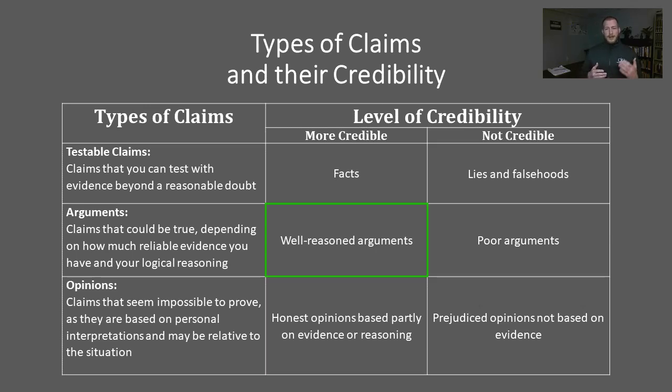but the writer or speaker acknowledges that there is some level of interpretation that could be incorrect, or maybe the argument depends partly on opinions that can't really be proven scientifically. And for many scientific questions or topics related to public policy, this is about as good as it gets. For example, if you're making predictions about the future, nobody really knows the future, so a credible, well-reasoned argument is one that is honest about what we do know and what we don't know about a situation and what could happen. If you are reading or listening to something that sets that kind of tone, you don't have to agree with it, but you should respect the integrity and credibility of the person who adopts this kind of tone and